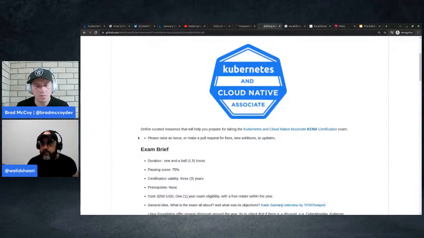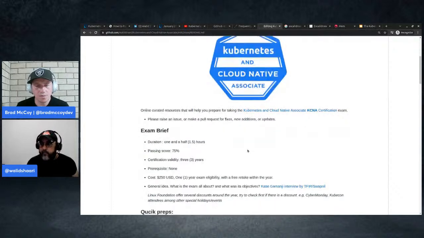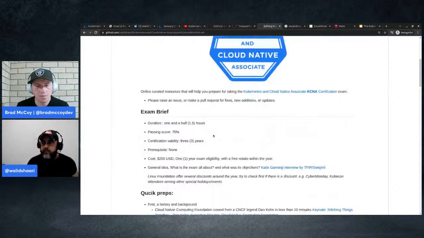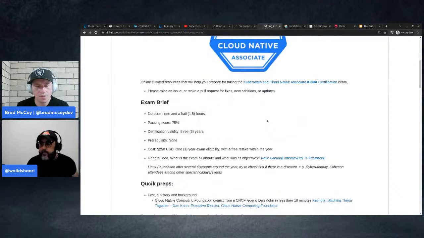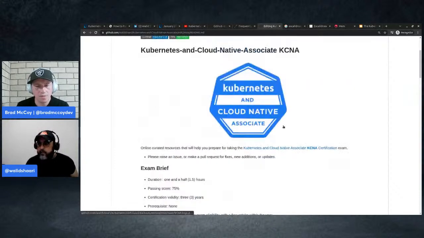But how can it fulfill the requirements of the Linux Foundation and the CNCF, in being a benchmark that hiring managers and companies can use to validate the skills of the people that are certified? So the certification itself is not really that difficult.